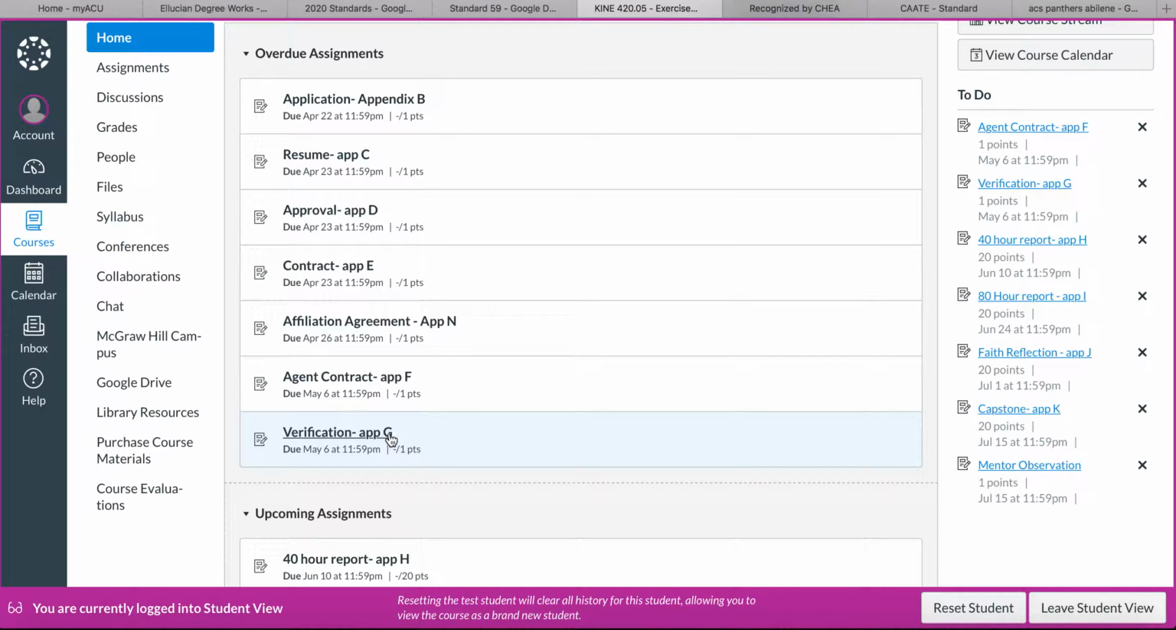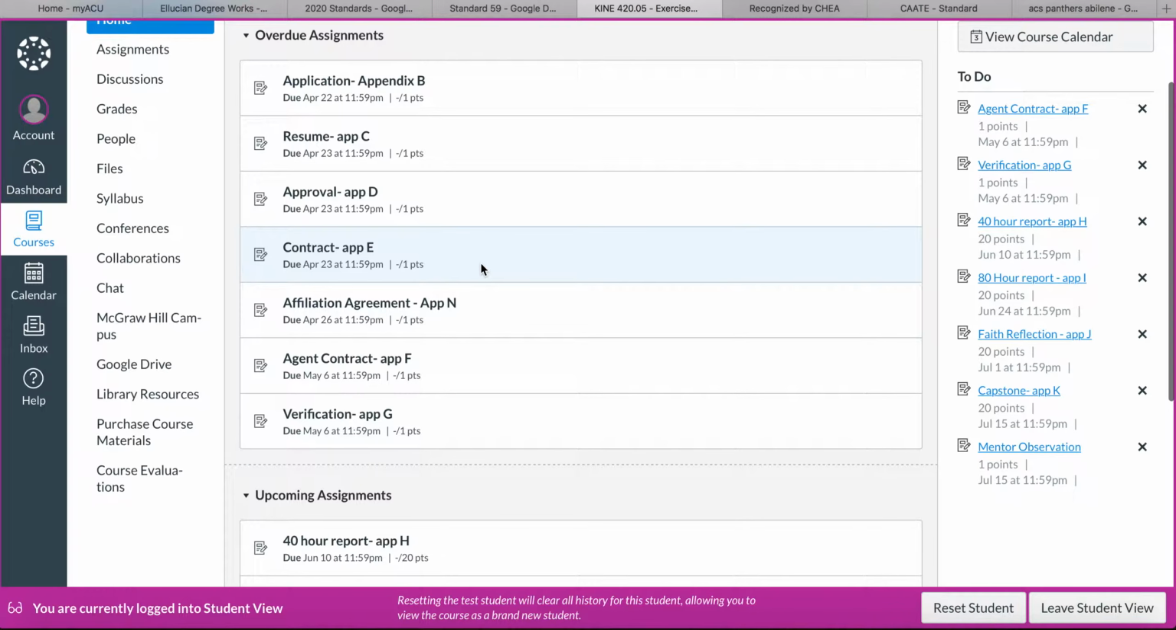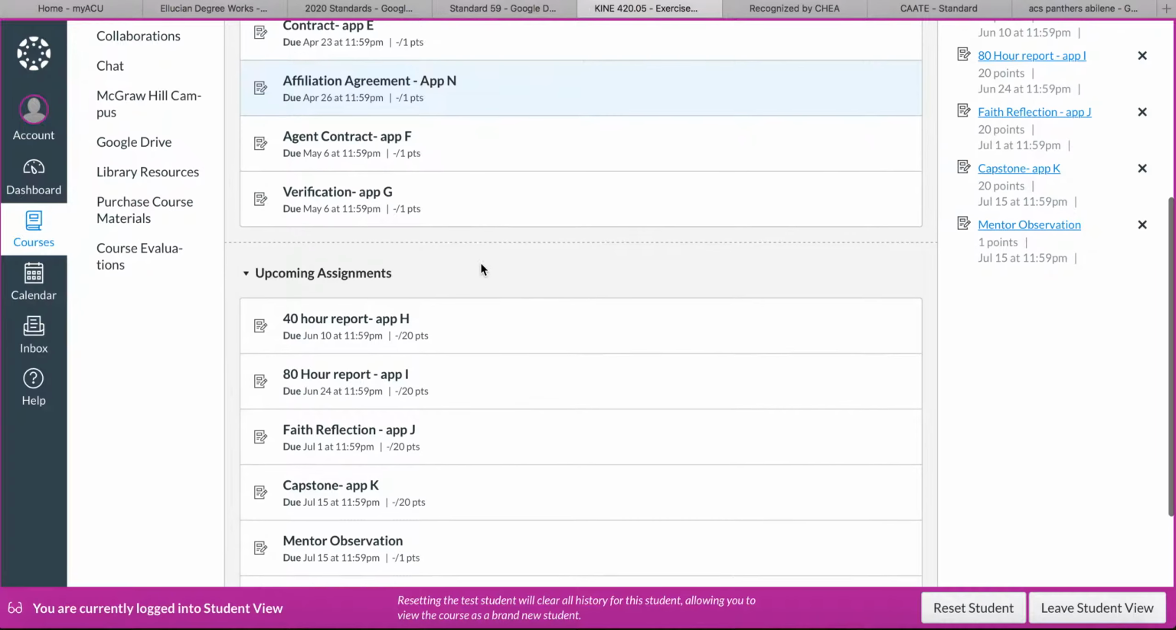And then Appendix G is sort of like Appendix F in that it's a verification. So it's where you're going to list how your supervisor can contact you and all of that stuff, and you need to get that uploaded. After you get those uploaded, which again seems like a lot, but it's not, then we're going to move into